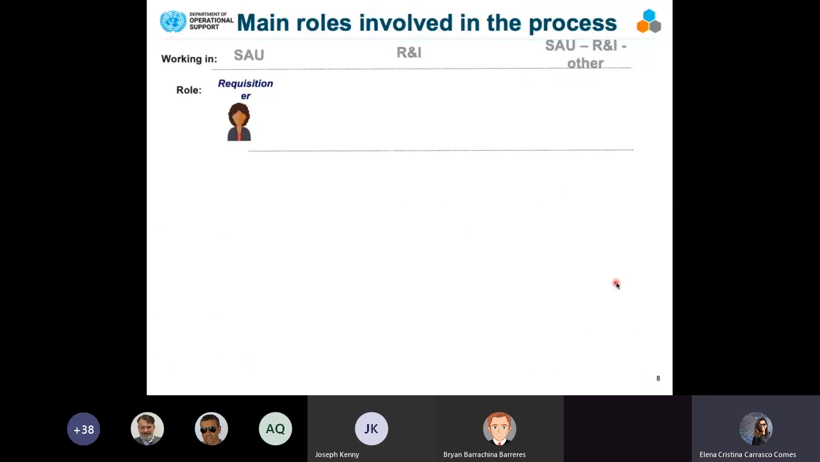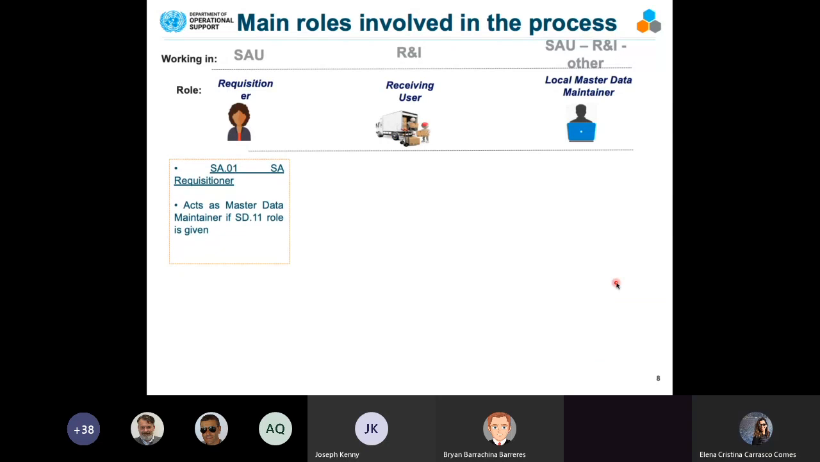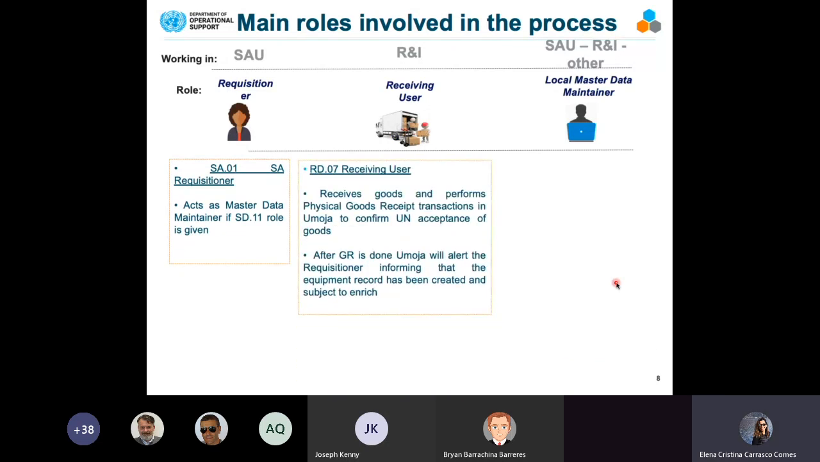The roles are the requisitioner, the RNI, and the local master data maintainer. The receiving user will receive the goods, and as we saw, after receiving the goods, the equipment is serialized and some information is pulled from the shopping cart, the PO, and the material master into the equipment master. After the goods receipt is done in Umoja,